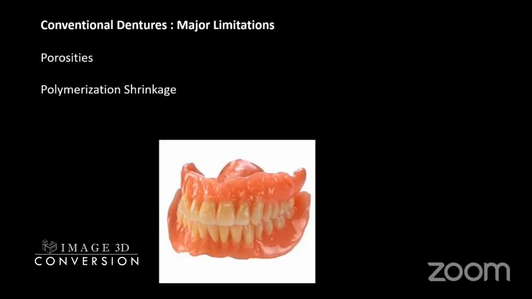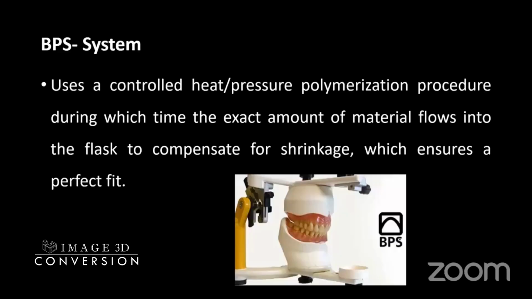So the evolution then, since we started the treatment, this is the most practical application that has been used. Slowly, there was a development to overcome these porosities and polymerization shrinkage. There was a development in the system. We got something called the BPS system. Now, this is the biofunctional prosthetic system. It is designed to work with the body in a biologically harmonious way, maximizing function, giving comfort and natural appearance